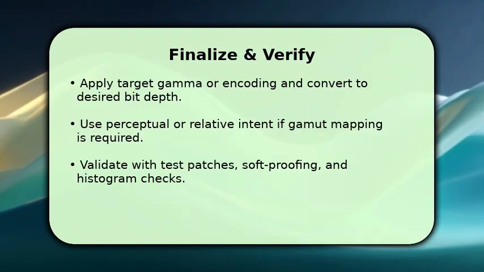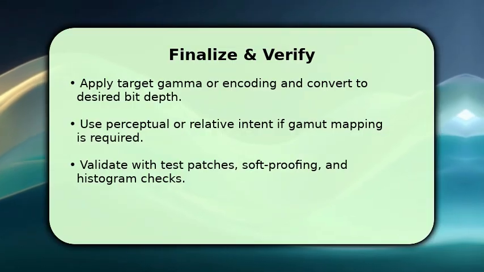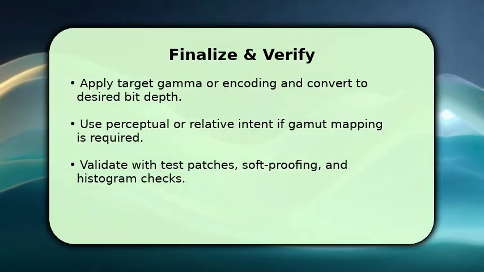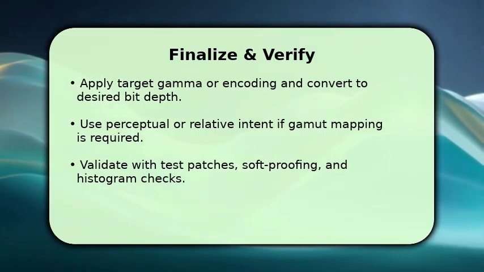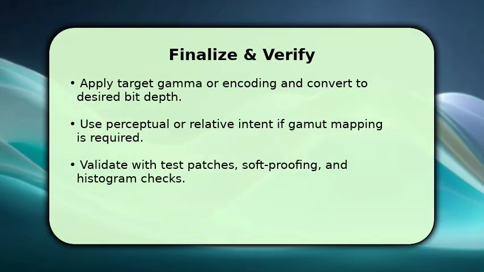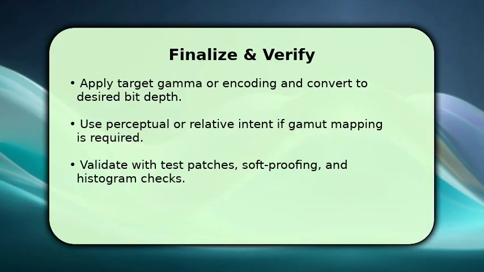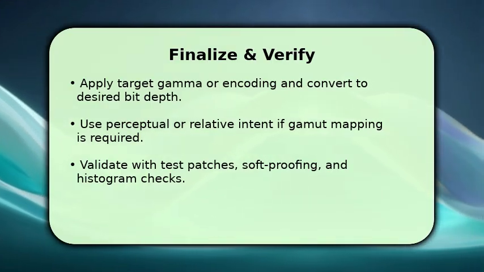Once done, choose a gamut mapping intent, perceptual for images, relative for accuracy, to handle out-of-gamut colors. Verify results with test patches, soft-proof display simulation, and histogram or delta-E checks. If colors shift, revisit adaptation or matrix choices. Troubleshooting tip: if neutrals tint, recheck white point adaptation and ensure